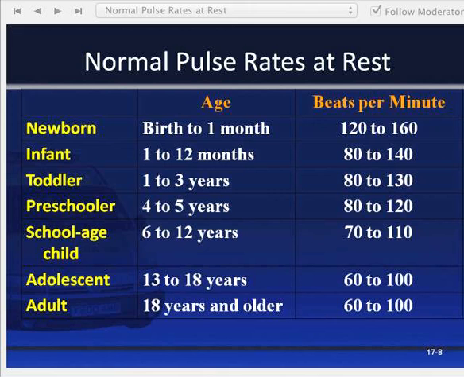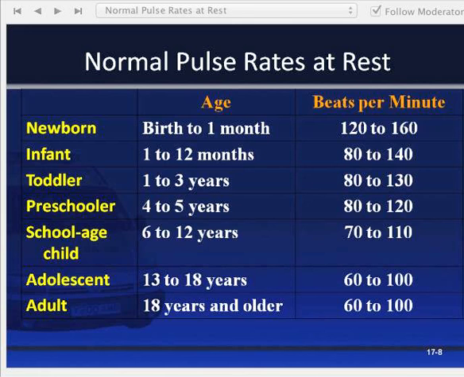Patient's pulse rate varies with age and physical condition. When checking a pulse, note whether the pulse rate feels very slow, very fast, or within normal ranges for that patient's age. Also note if the rhythm of the pulse is regular or irregular. In the newborn age range, which is birth to 1 month, pulse rate should be approximately 120 to 160 beats per minute. In infants,